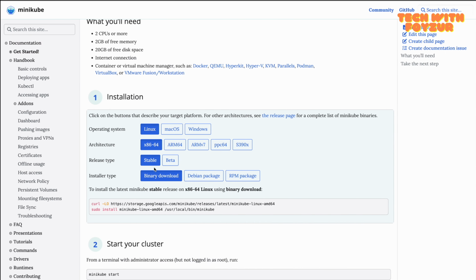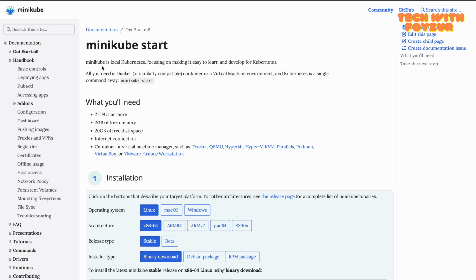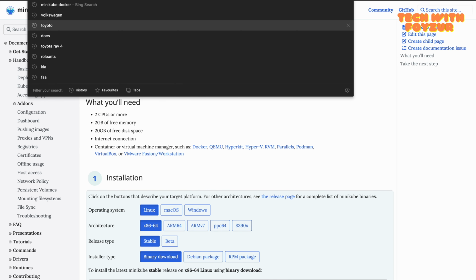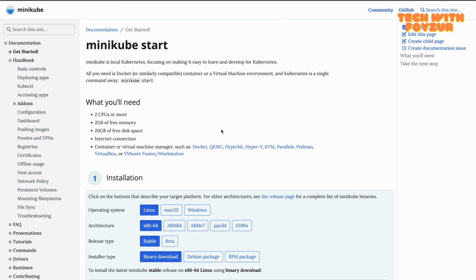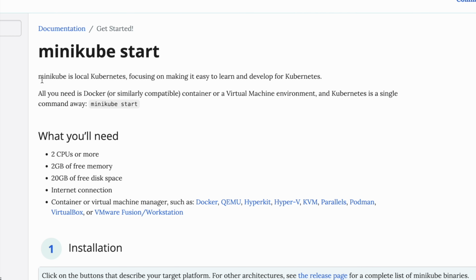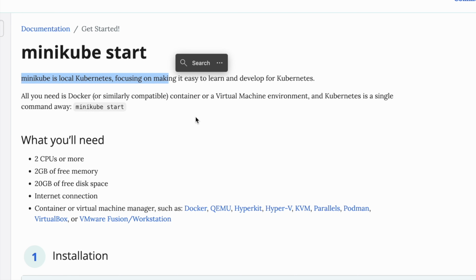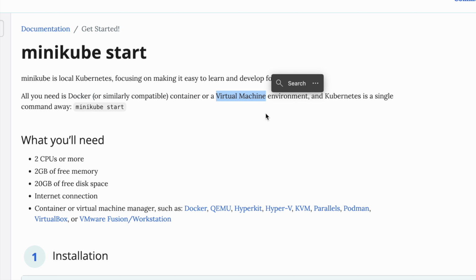So here is the Minikube documentation. Don't worry about it. I will share the documentation later on in the video description. All right. So it's a tool for local Kubernetes. So it's basically you could develop your Kubernetes application, right? And there are two things you could do. You could run with Docker or you can run with a virtual machine like Oracle VirtualBox or similar, okay? But in this video, I'm going to use